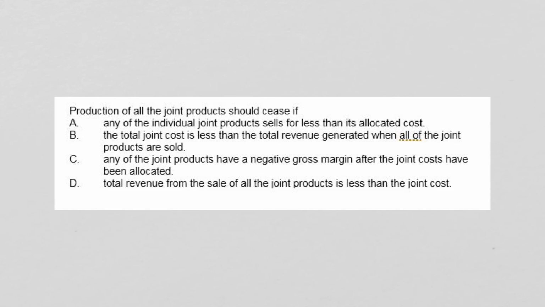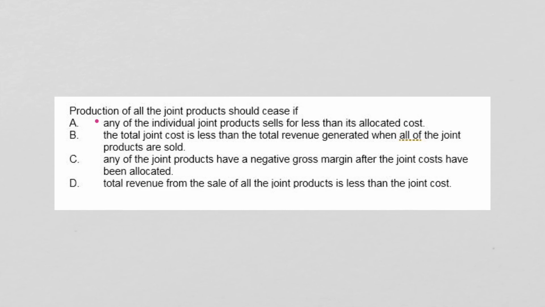Okay, production of all the joint products should cease. This is, again, one of those problems that are a little bit more simple than it otherwise appears. So if you read through the answers, production of all the joint product costs should cease. Well, let's see. If any of the individual joint product sells for less than its allocated cost, well, we just saw an example where